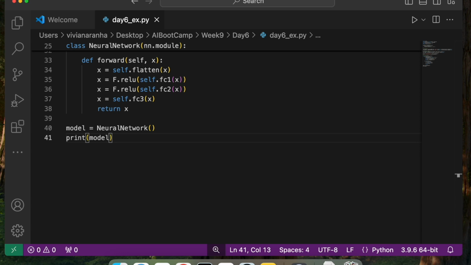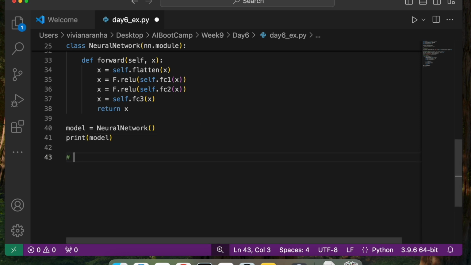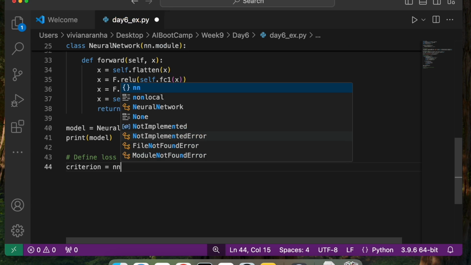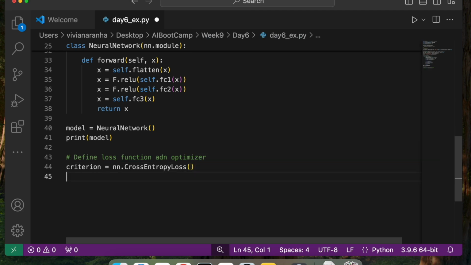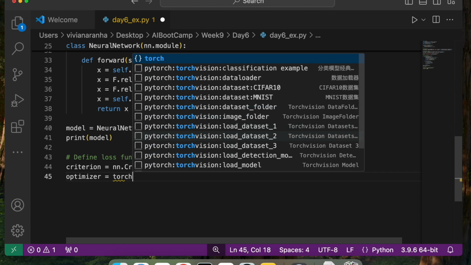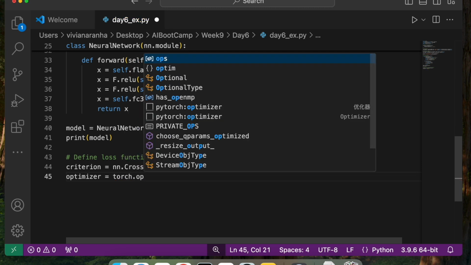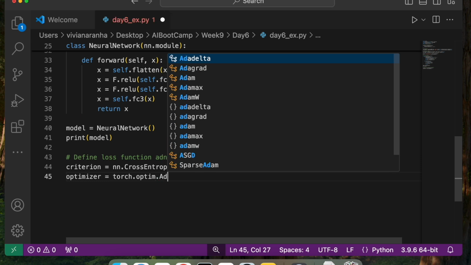Now the next thing is we are going to define the loss function and the optimizer. For that, I will say criterion equal to nn.CrossEntropyLoss, and optimizer equal to torch.optim, as I mentioned, SGD or Adam.